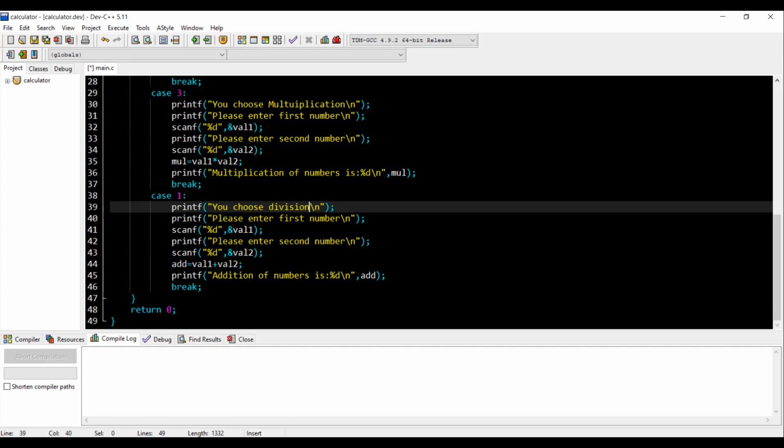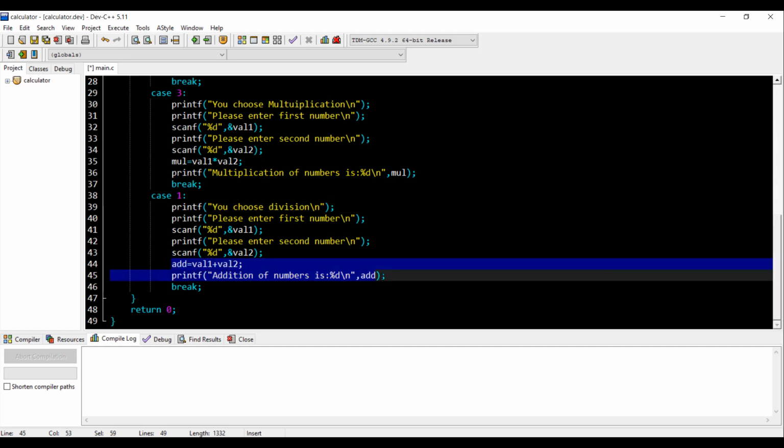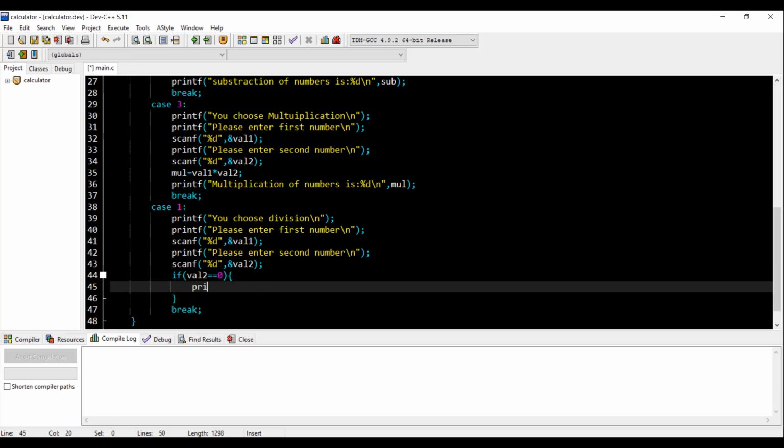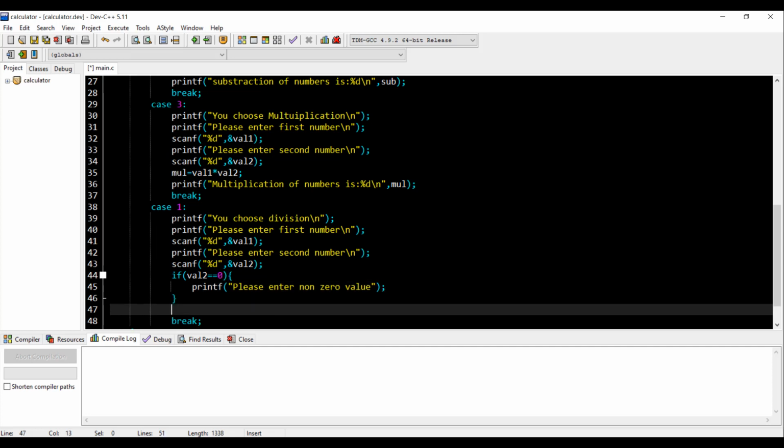Okay. Now here we change something. If value 2 is equal to 0, then printf "please add no 0 value". In the else part of it, else